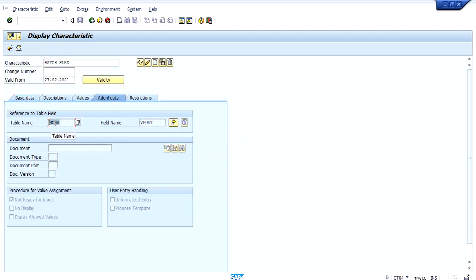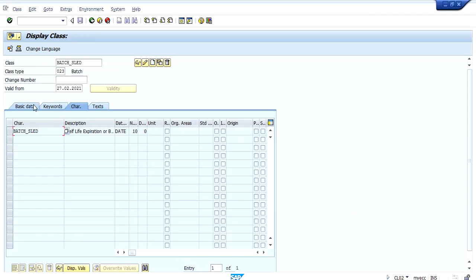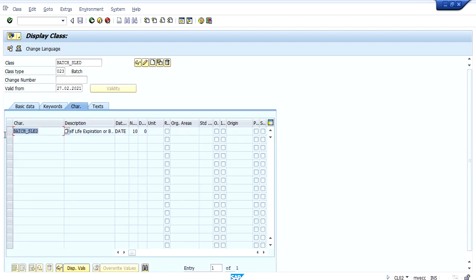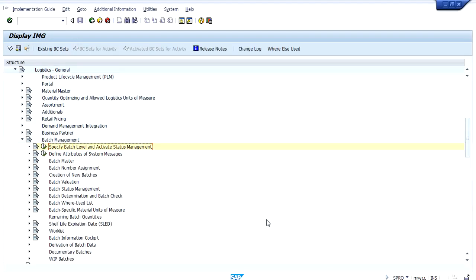In additional data, the table name and field name which we have used to monitor SLED for a batch is MCHA table and VFDAT. Once the characteristic has been created, this has to be assigned in a class using the transaction CL02. Once we maintain the description, we have to go to the characteristic tab and maintain the characteristic BATCH_SLED.